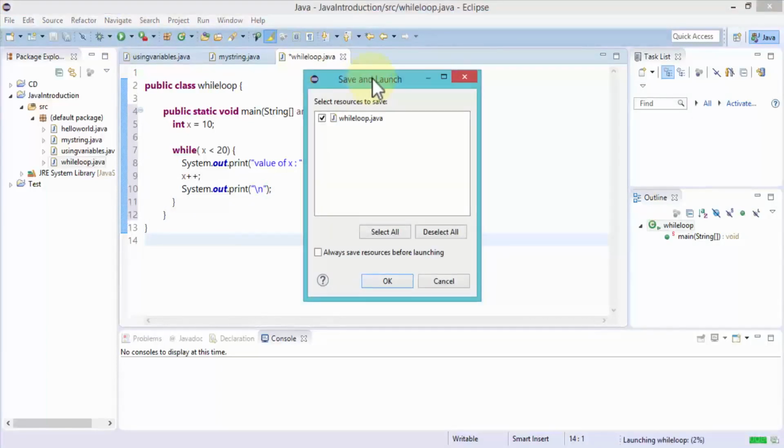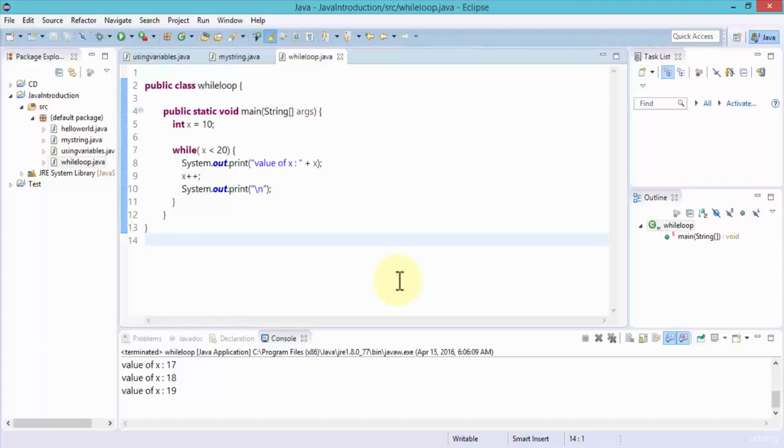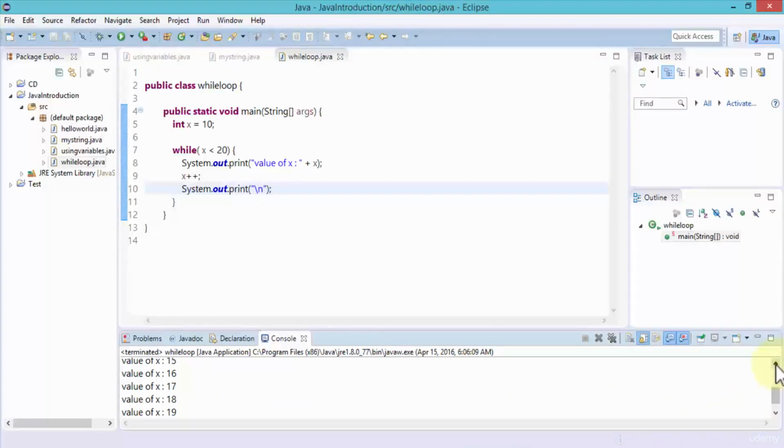The save and launch dialog box appears. Simply click OK. And notice Java prints the output in a different line. And this is because I specified this statement. So the value of x is 17, 18, and 19. Of course, my condition was that while x is less than 20. So as long as x is less than 20, Java is going to print out all these values that are less than 20. And if I were to scroll up here so you can see the rest of the values way on top,